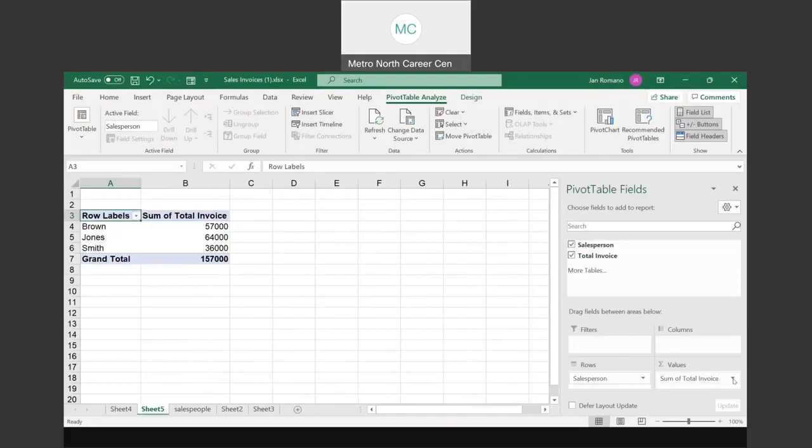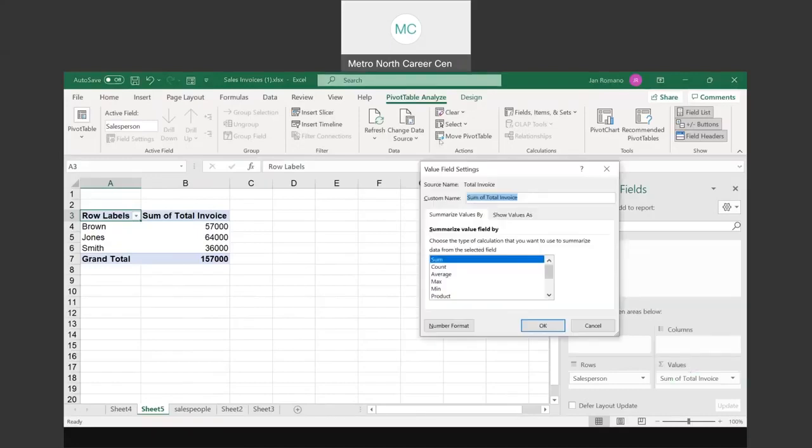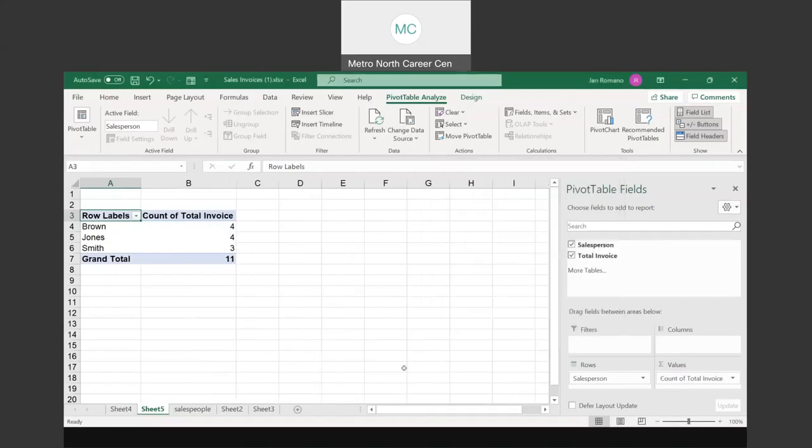I'm going to click this down arrow and go to the last choice on this menu that pops up called Value Field Settings. When I click on Value Field Settings, I'm going to get a dialog box that's going to give me a list of all the types of calculations that can be done in a pivot table. Summing is the default. I'm going to choose Count and click OK. And you were absolutely right. Brown brought in 4, Jones brought in 4, Smith brought in 3, so there were 11 invoices for whatever this time period is. A count